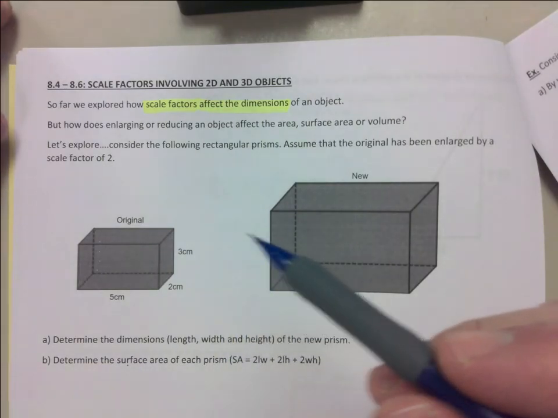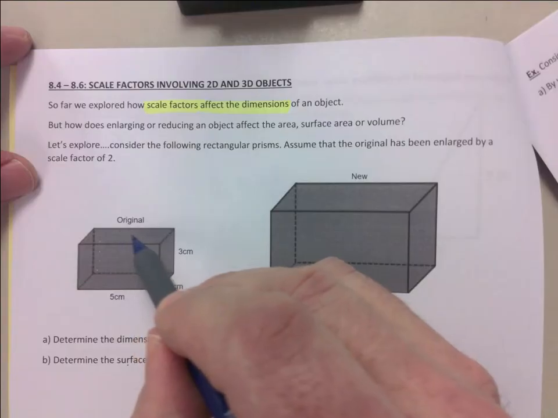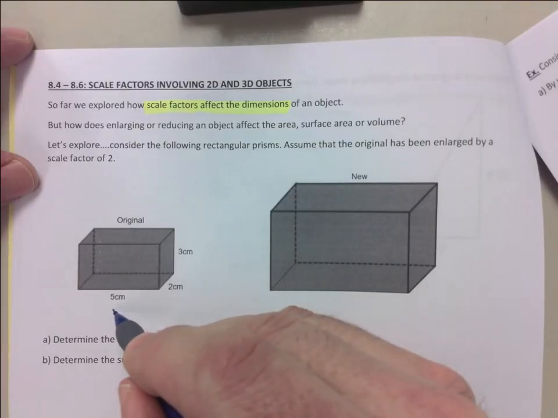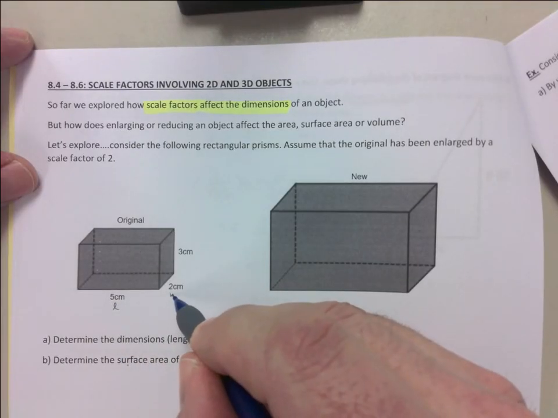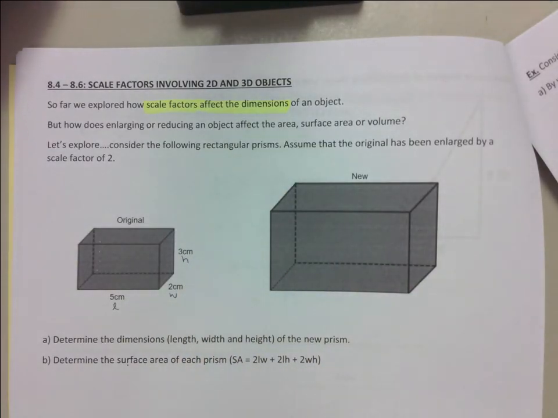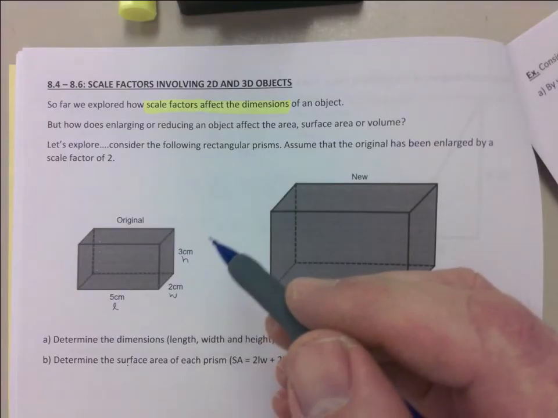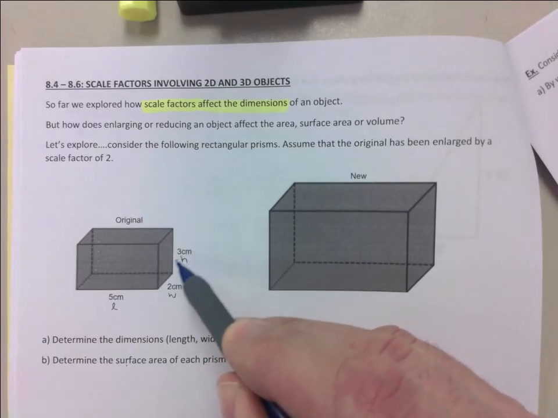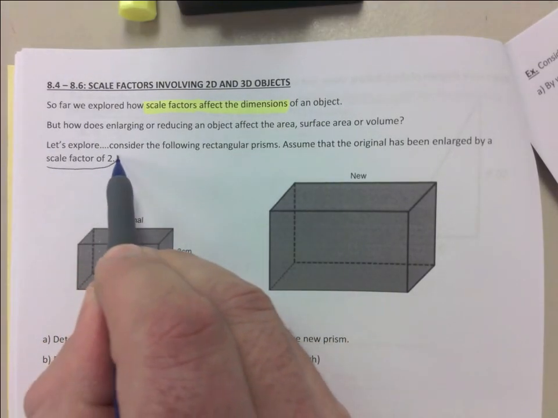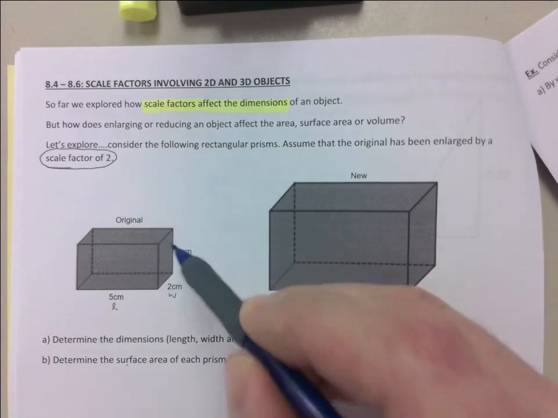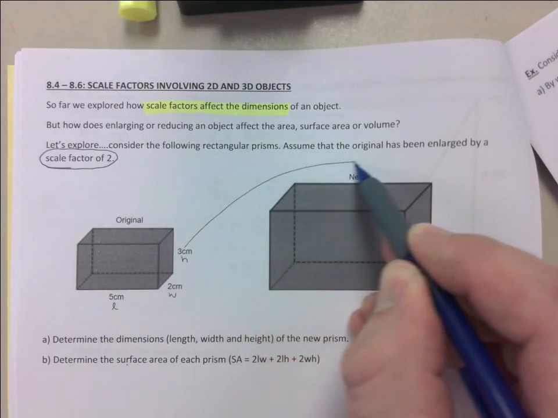So I want you to think of this as the original, and we're making a new shape. If this is my length, this is the width, and this is the height of the original, now we're going to make a new shape. So let's imagine we multiply the height of this one by 2, because we're using a scale factor of 2. We're doubling in size. So we're going to multiply this by 2,